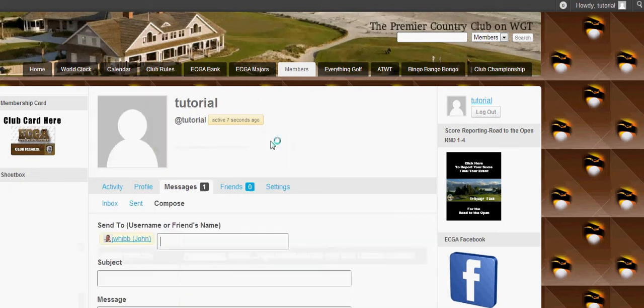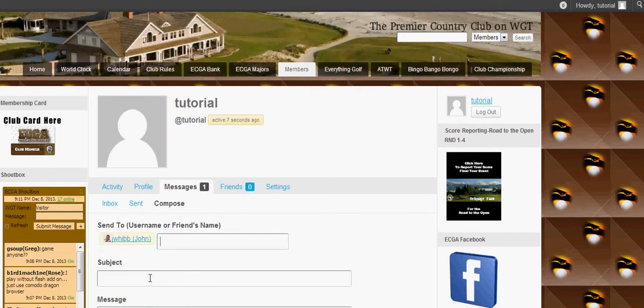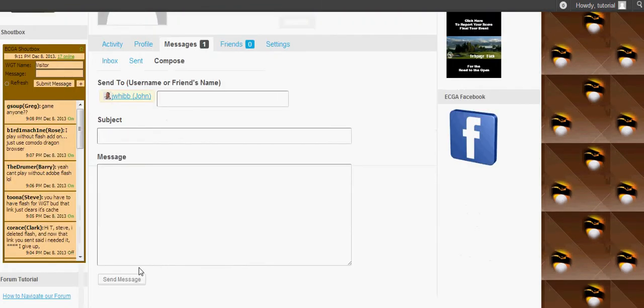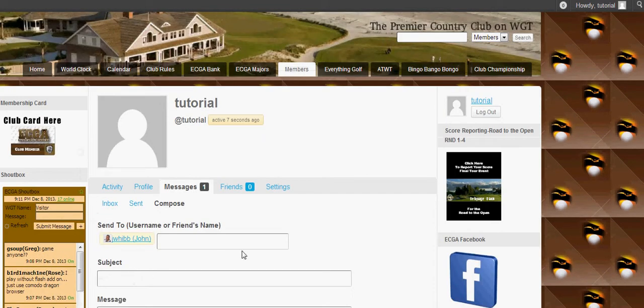You can private message them. It's easier than going through the compose message. Hit the subject there, type in your message, and hit send message. You see, if you get messages, they'll be in this category here. It'll be a 1 or a 2. It'll be a blue 1, 2, 3, however many messages you have, and you can click on it there,